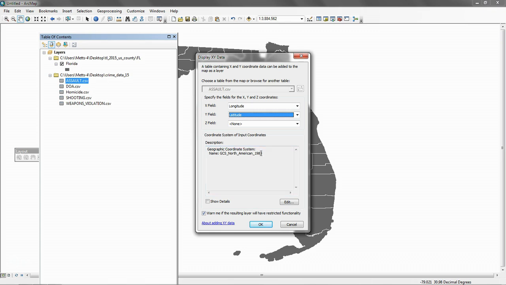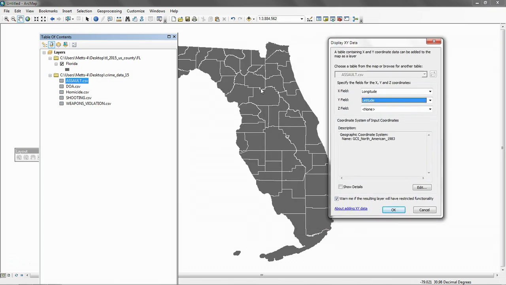We don't want that, and the reason that we're seeing that right now is because we have this feature in our current mapping environment that's forcing that particular projection system. So there's two ways to go about doing this. Either map these events in a brand new MXD that has no coordinate system on it, or we're going to force this coordinate system to be